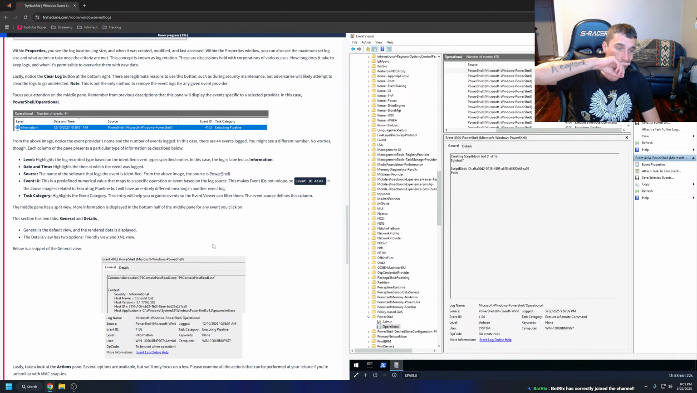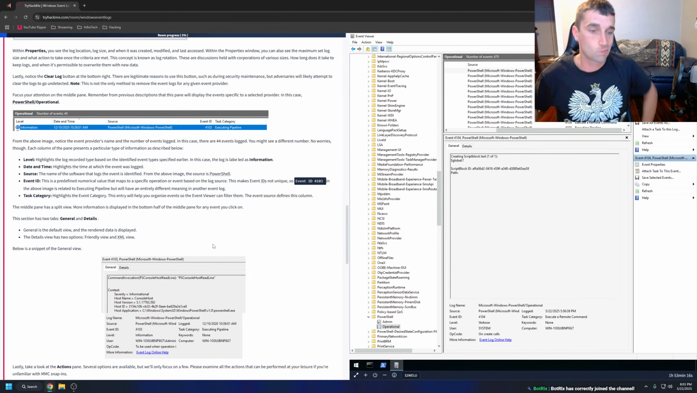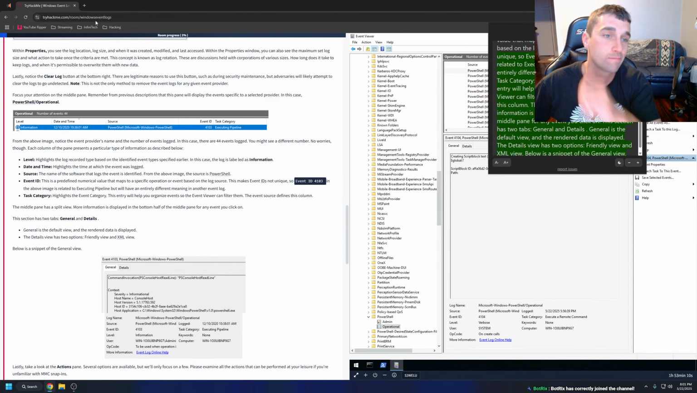Task category highlights the event category. This entry will help you organize events so the event viewer can filter them. The event source defines this column. The middle pane has a split